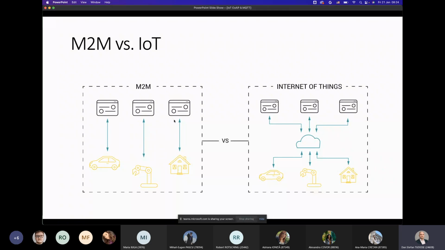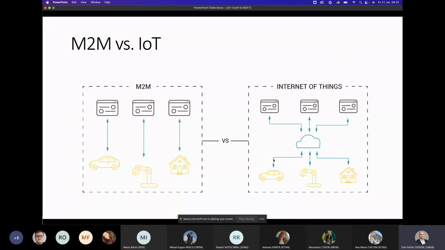So you had different types of applications that will connect to different types of automation solutions, whether in your home, in your factory, or in your car, and so on. These would rarely communicate with each other, and these would rarely be aggregated into a single front end that the user could see.